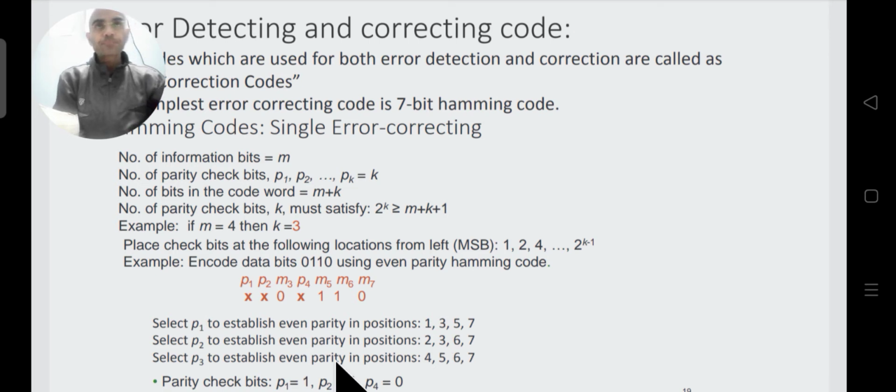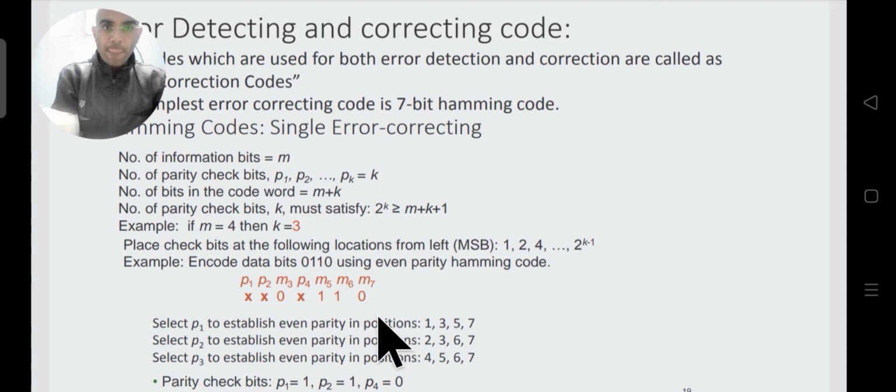Now the second group will be 2, 3, 6, 7. So the next subgroup from this complete code will be 2, 3, 6, 7. Again it is an even parity, so we have to form even parity.